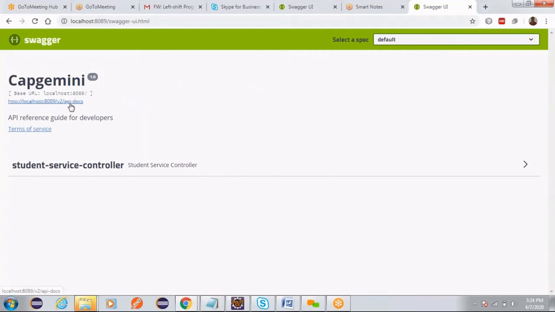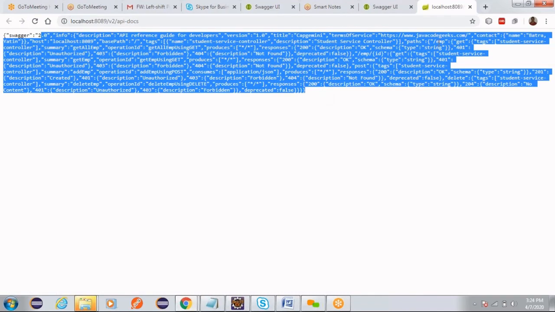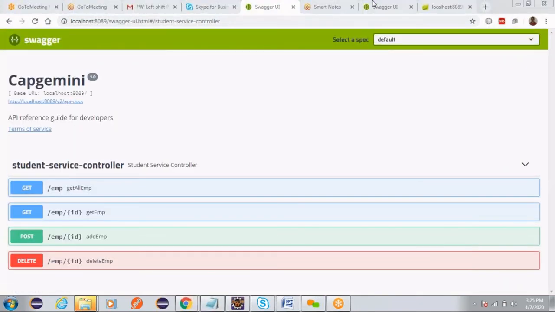And then API docs. Whenever you click this, it is going to show you how many methods there are in that. What is the metadata information about the document, how many methods are there, it is given as key value pairs. Now let us say we still wanted to use it in a more understandable format.